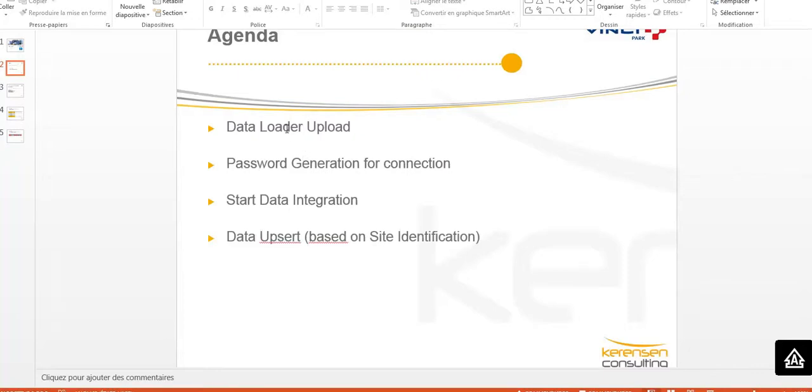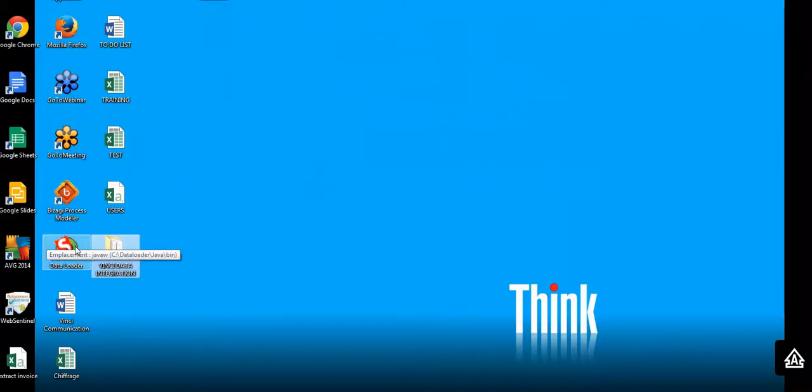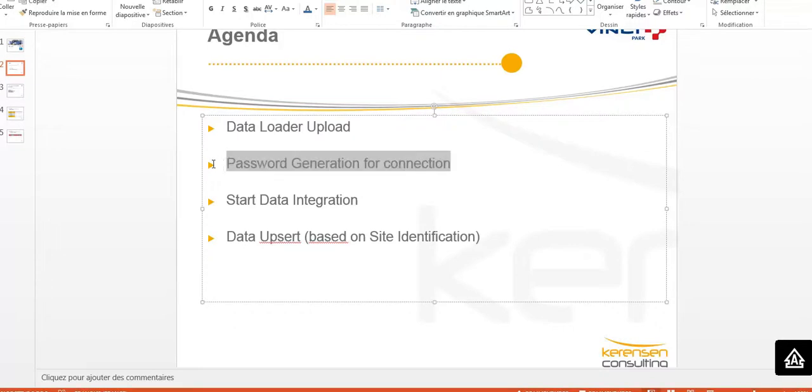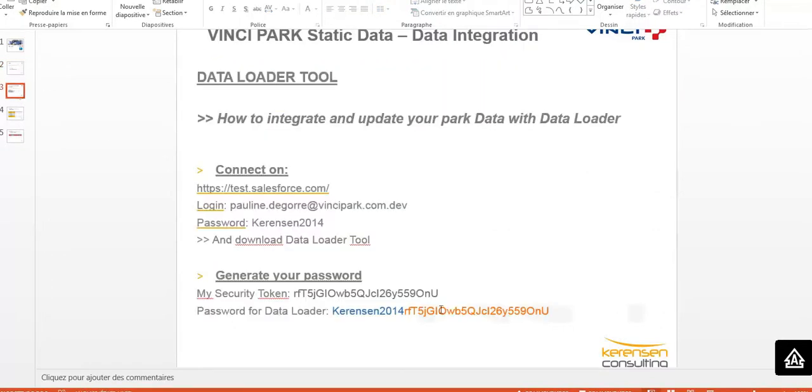You upload or download data loader. When you have your data loader on your desk, then you are able to connect with your own password on Salesforce and you will generate a security token. Then you will concatenate security token with your Salesforce password, okay, and you will be able to connect on data loader.